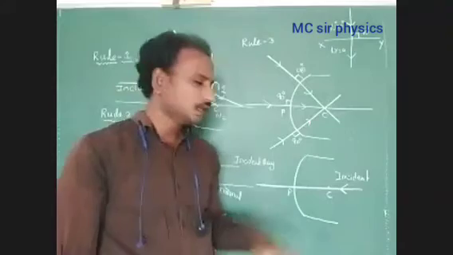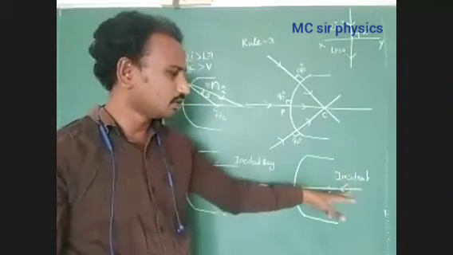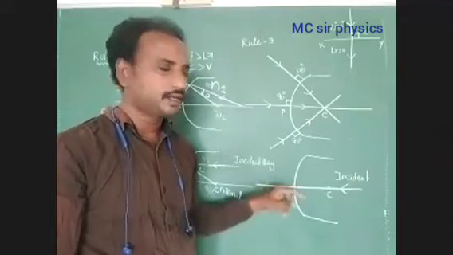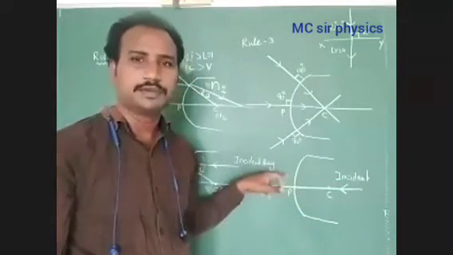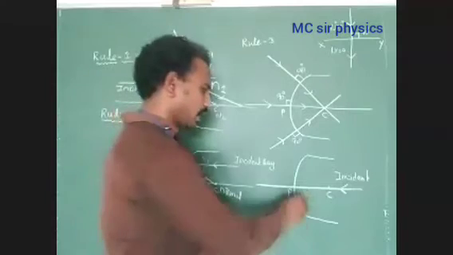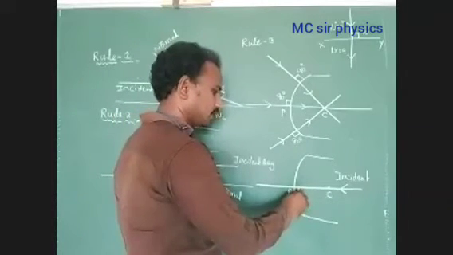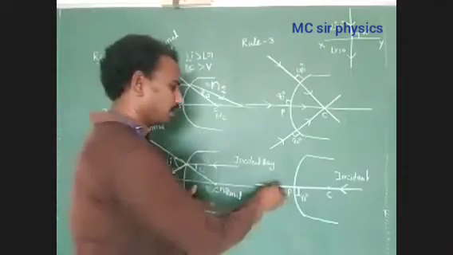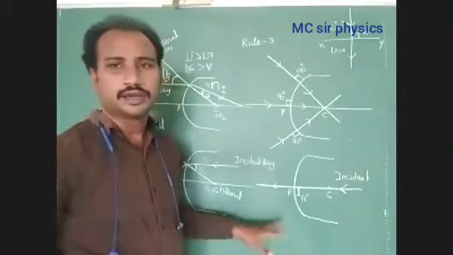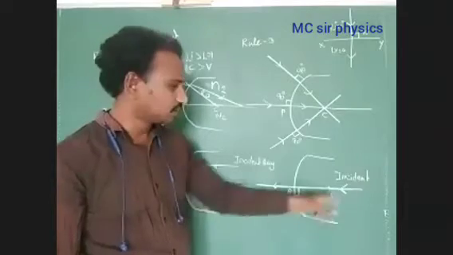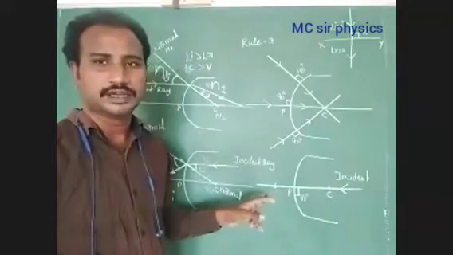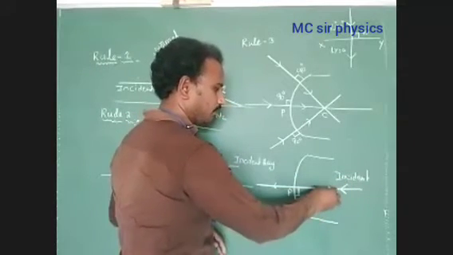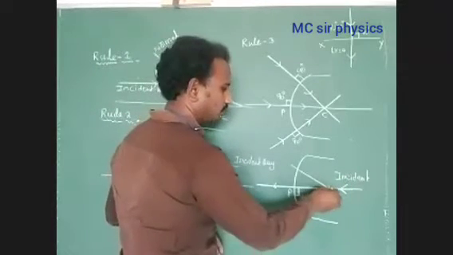Next, rule 4. In rule 4, we consider the direction of the light ray along the principal axis, but the direction from denser optical medium to rarer optical medium. What is the angle between the curved surface and the incident ray? 90 degrees. Then the refracted ray does not deviate in the rarer optical medium. Its direction is the actual path of the incident ray. We have to represent these light rays from the normal.